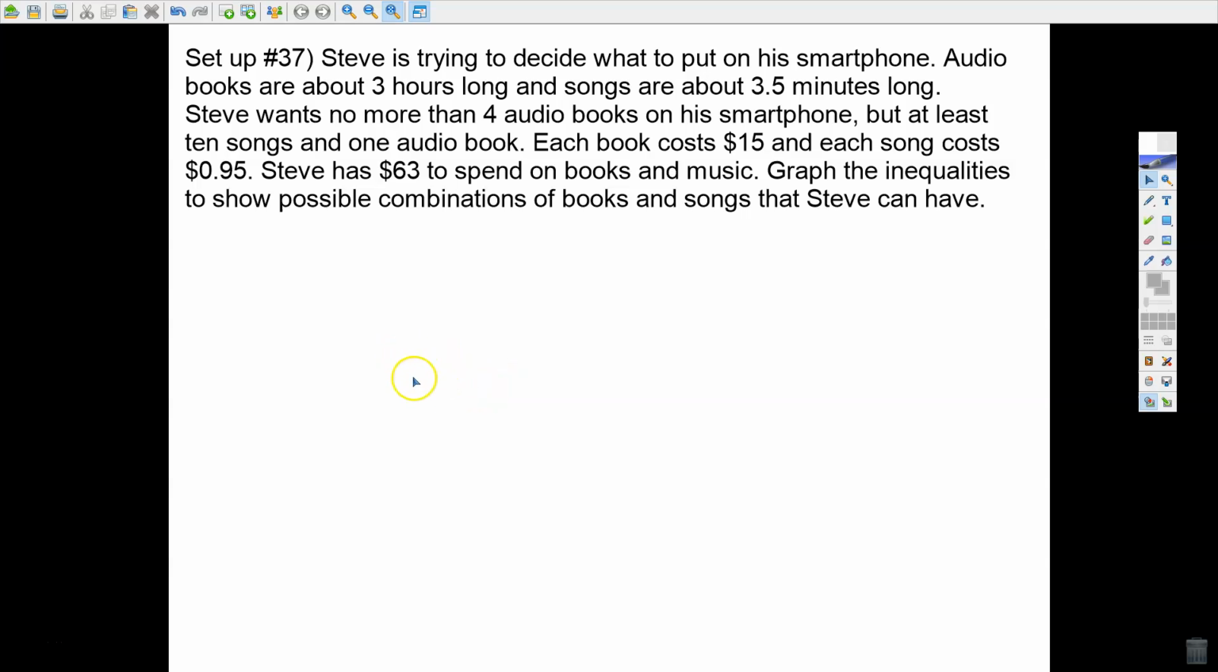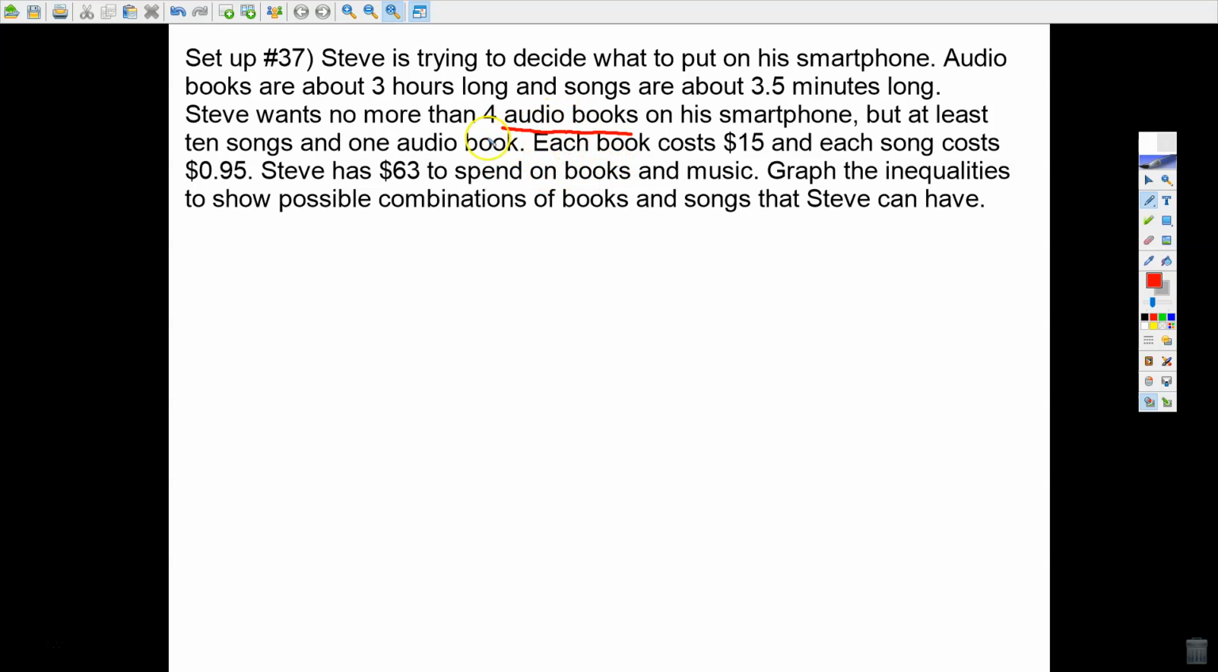Okay, so I wanted to help you get this problem number 37 set up, and then I hope after you see how the inequalities work, you can do the graph yourself. So hopefully you've already read through the problem and you understand what is being talked about here. There are really two different things discussed in this problem that Steve wants to put on his smartphone, and it all boils down to